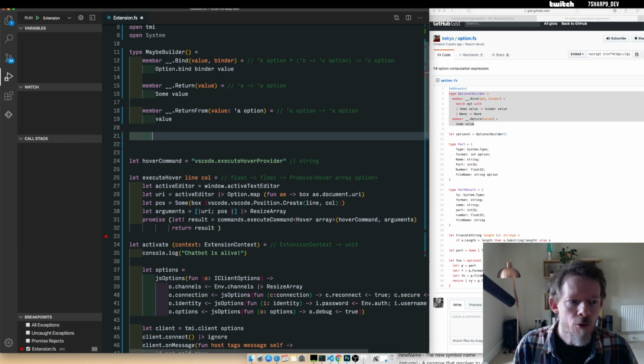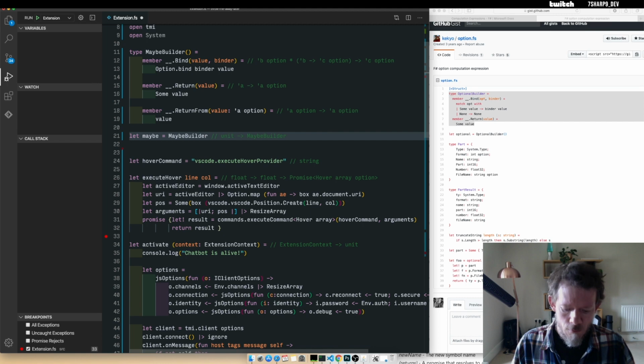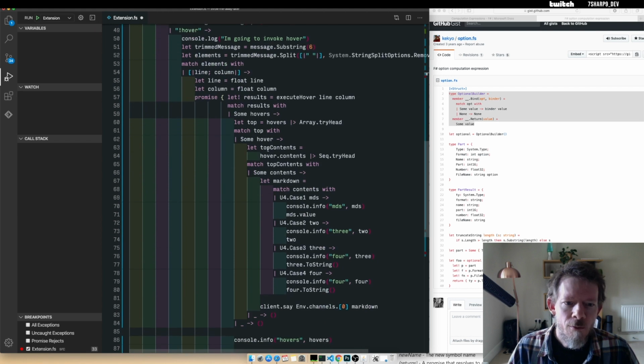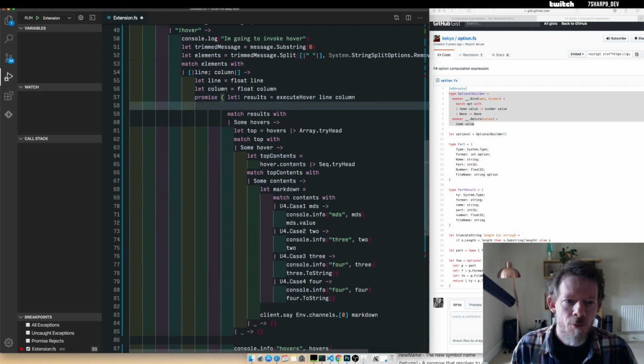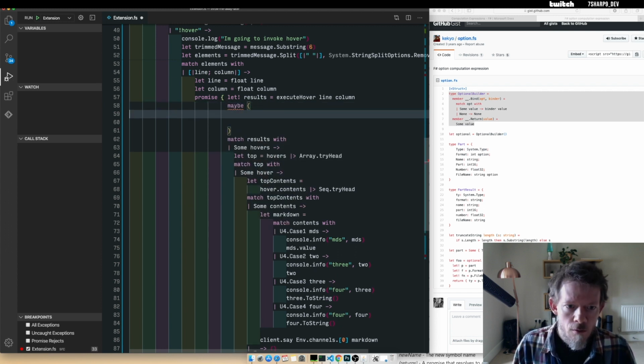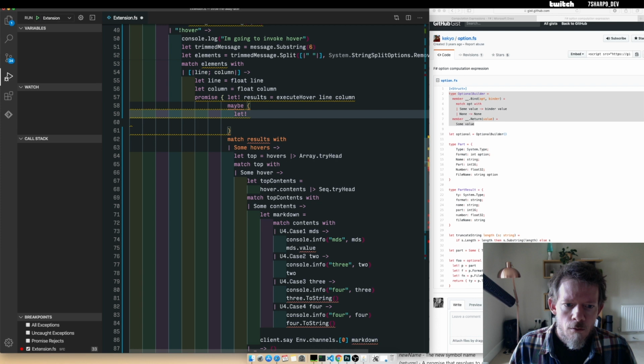With that in mind, we'll do another item here. Maybe equals maybe builder. So what that should let us do now is, at this point here, we should be able to do maybe